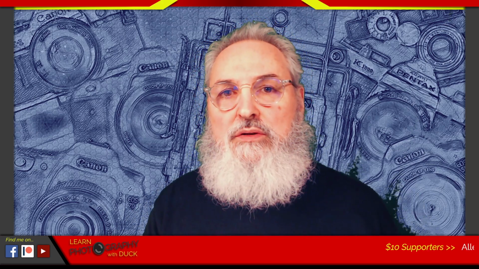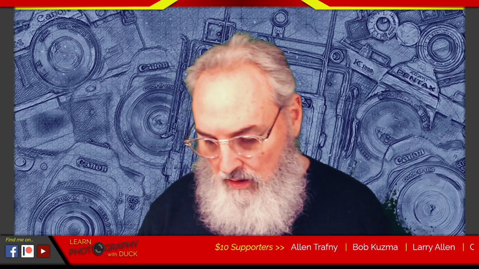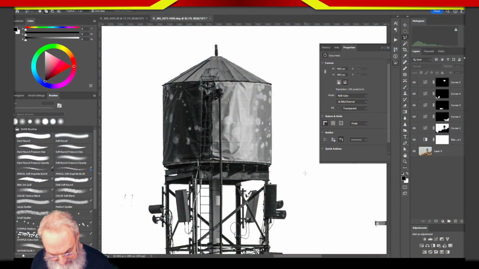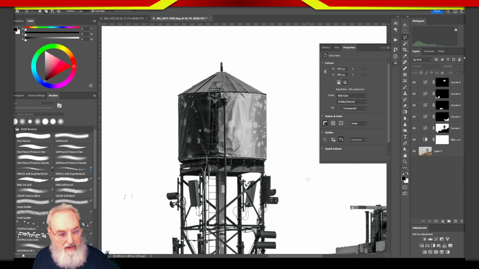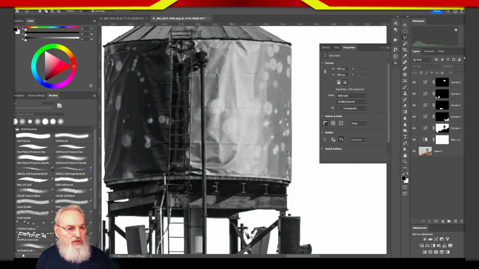But where every image is going to shine the best is with the dodging and burning, and that's manipulating the exposure values of very specific areas. All right. And this is where masking is important. So, for example, let's take this. And you say, okay, well, you know what? This image